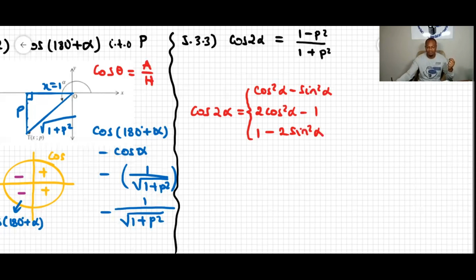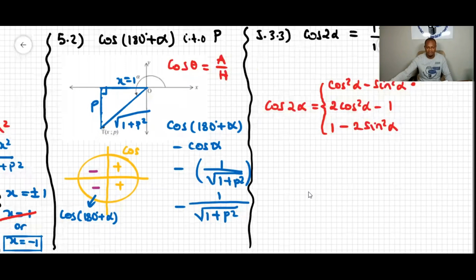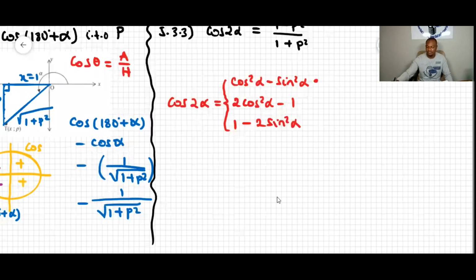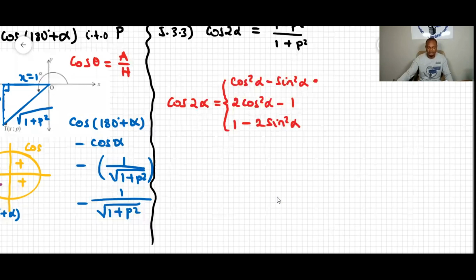Now, I want to go through, let's do the first one. In the previous question, we did work out cos of alpha, and then we found that cos of alpha was this part. Okay, cos of alpha is 1 over square root of 1 plus p squared. Okay, so since cos alpha,